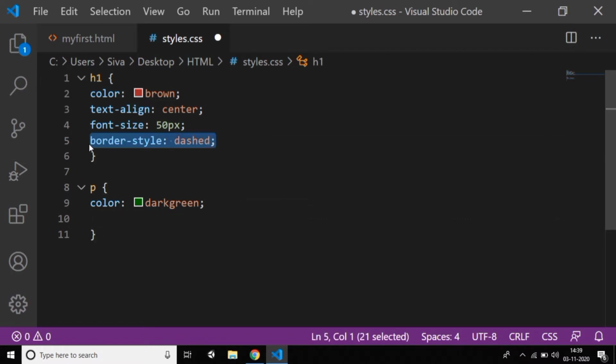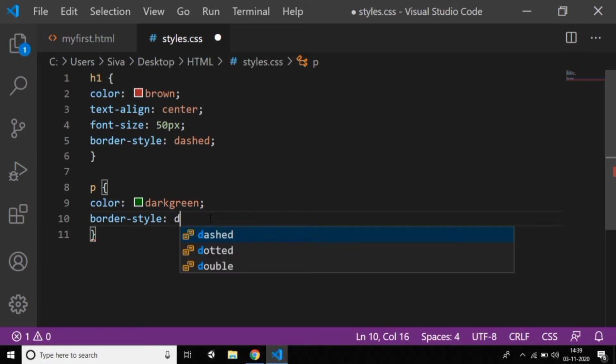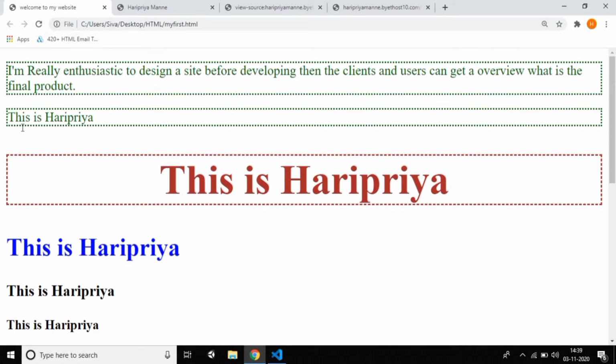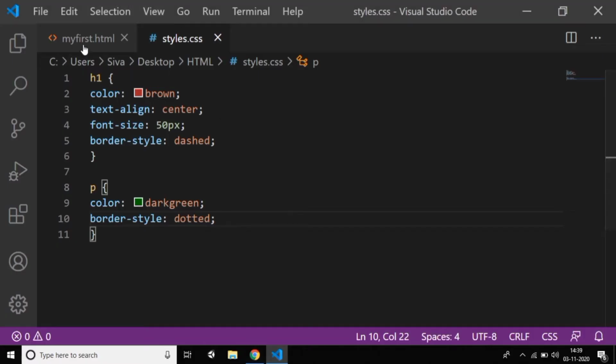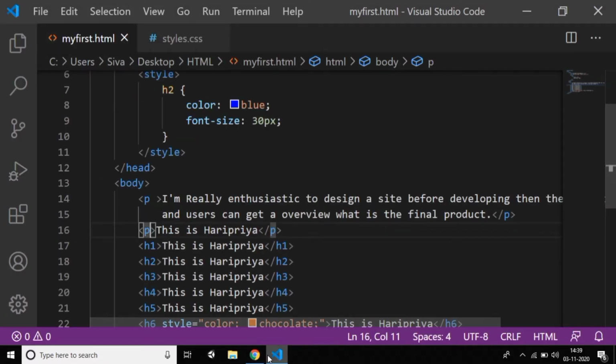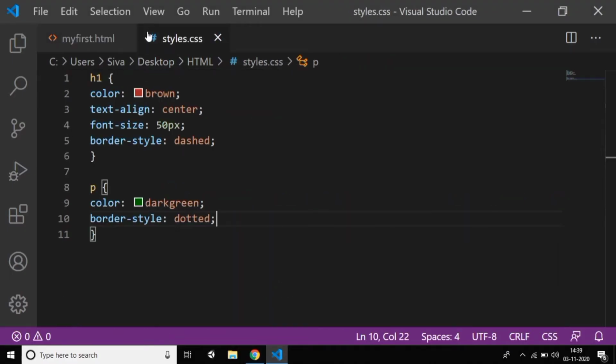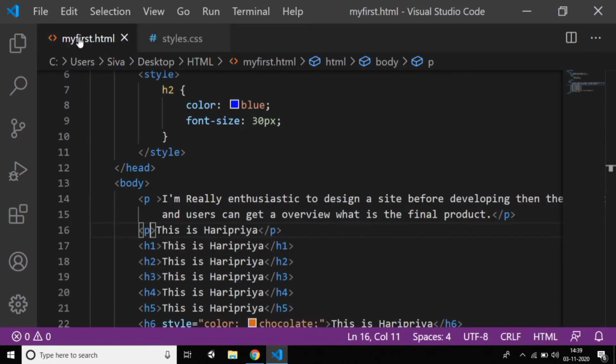I'll copy the same thing, and instead of dashed I'll give dotted, then Ctrl+S and reload. Of course, we have two paragraphs, because I wrote both in paragraph tags, so I got both with dotted lines. One more thing you can observe: the dotted lines are also in dark green color.